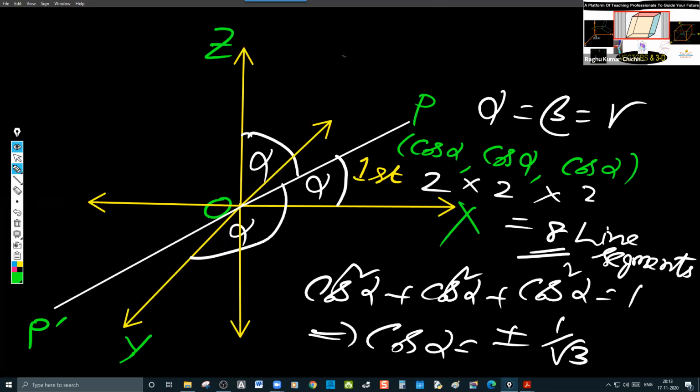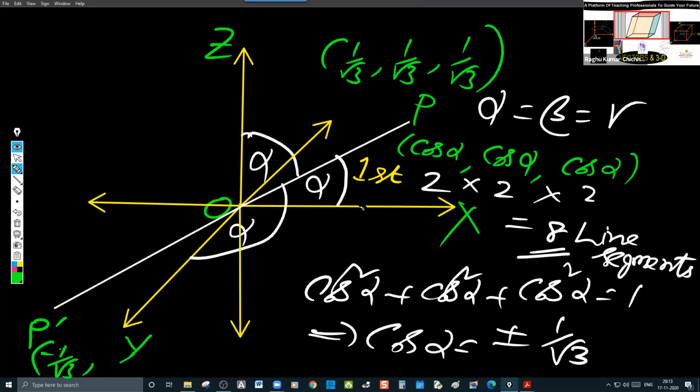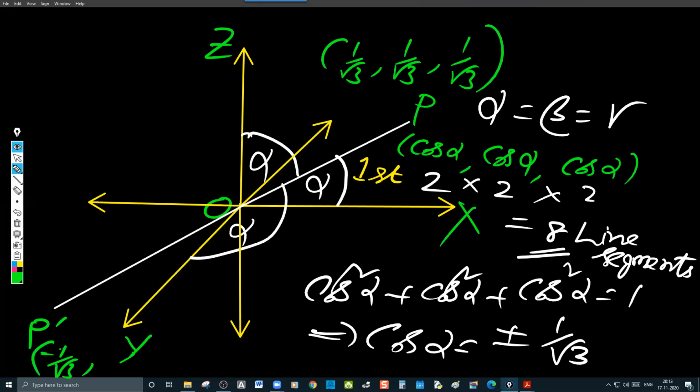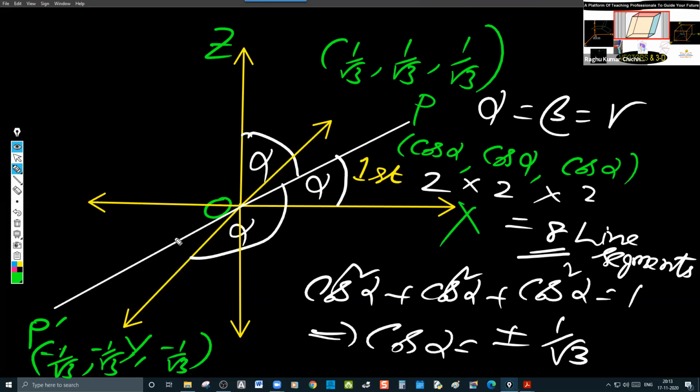And if this is 1 by root 3, 1 by root 3, 1 by root 3, and this is, do you tell me please? Exactly opposite, like the third quadrant in 2-dimensional geometry, it is this totally first octant. Minus 1 by root 3, 1 by root 3, 1 by root 3. Minus 1 by root 3, minus 1 by root 3, minus 1 by root 3. Only difference is their direction. This is in the forward direction. This is in the backward direction. That is the reason why DRs or DCs are differing by sign. Exactly. All these are plus, all these are minus.